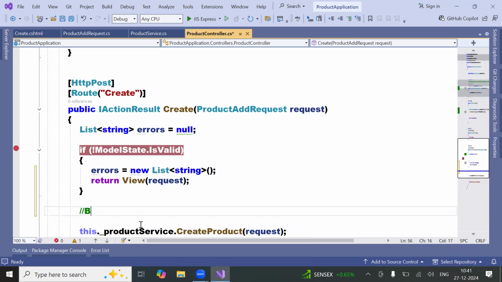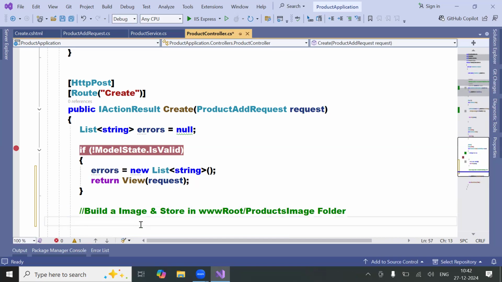Here I'm going to build an image and store it in the wwwroot products image folder. This is the folder I'm going to store it in first. To do that, first you need to create an image name. How I'm going to create the image name is string